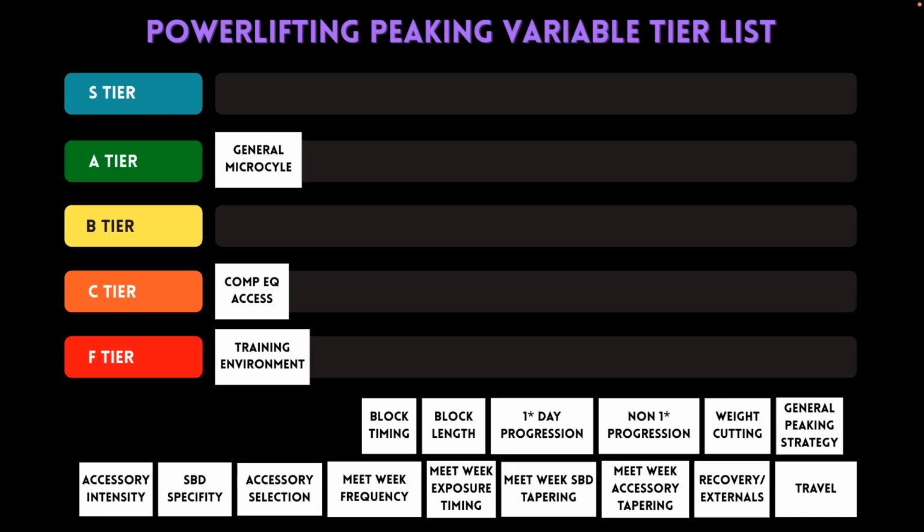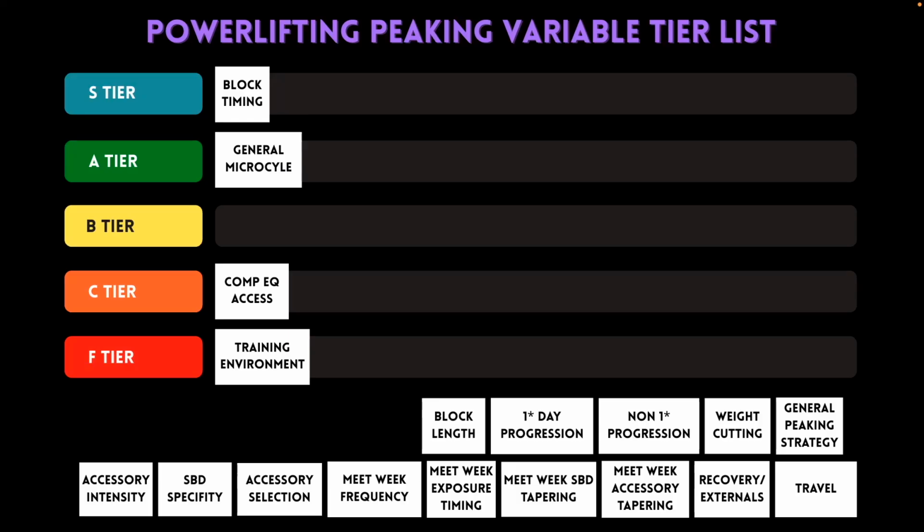Personally, I like to plan the timing of blocks out a full macro cycle at least ahead of time. Usually the second someone signs up for a meet, unless it's like 8 months in advance or something crazy, I'm going to start timing things into the meet, just based on how important it is. So I agree, probably S tier in some fashion, whether that be what we end up deciding to be the most important thing or just one of the most important. But I agree, S tier for sure, super important here. Yeah, 100% agree.